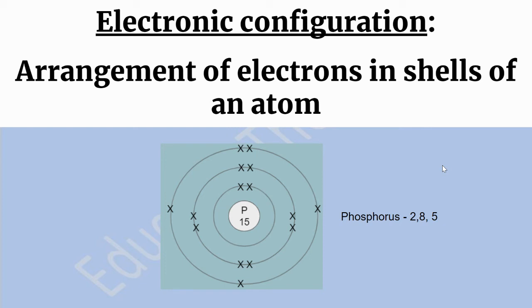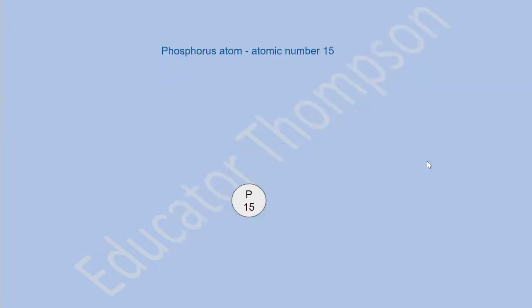This video will show how to add electrons to the drawing of the electronic configuration of any atom. For this example, we will be using phosphorus, which has an atomic number of 15. Since phosphorus has an atomic number of 15, which tells us the number of protons, we know that the number of protons is equal to the number of electrons in an atom. Therefore, we know by the atomic number that we have to insert 15 electrons when we are drawing the electronic